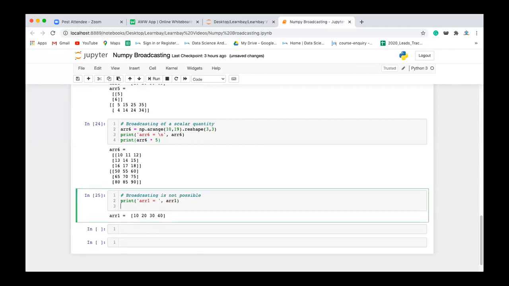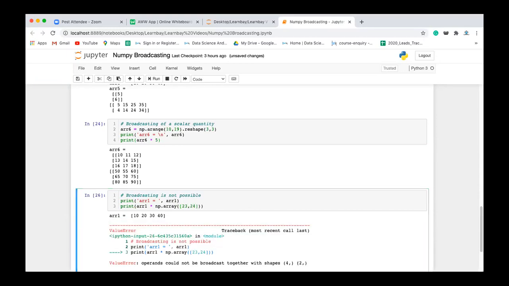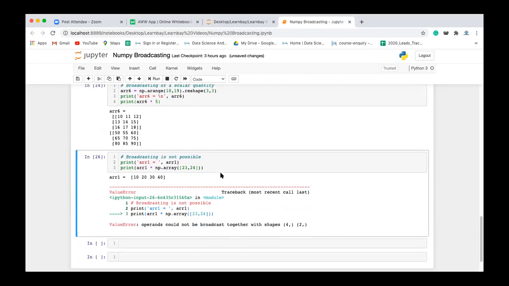Let's say I am trying to multiply array 1 into np dot array of size, let's say, 23, comma 24. Is it possible? If you do that, it is going to give you an error that broadcasting is not possible.